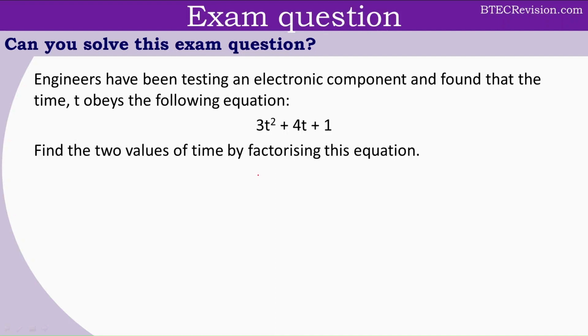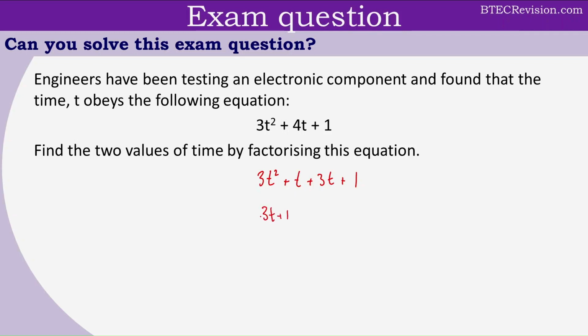This question, we will take 3t squared and we will expand the 4t out. We would separate the term into t plus 3t, which gives you 4t, and the last term is plus 1. Now we need to think of a common factor that can go in both brackets, and that has to be